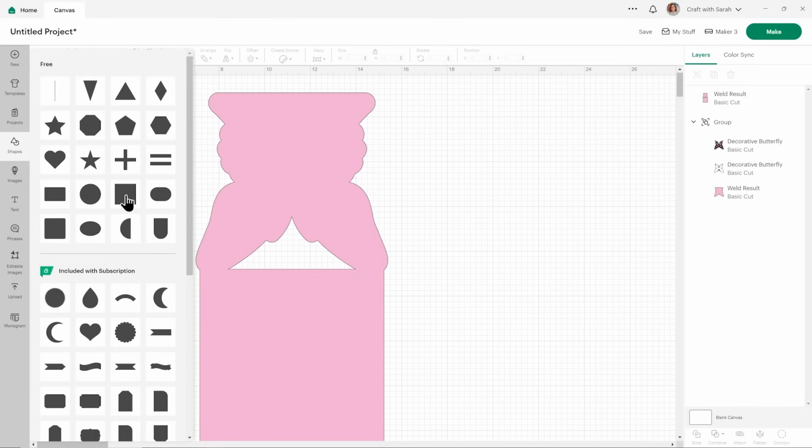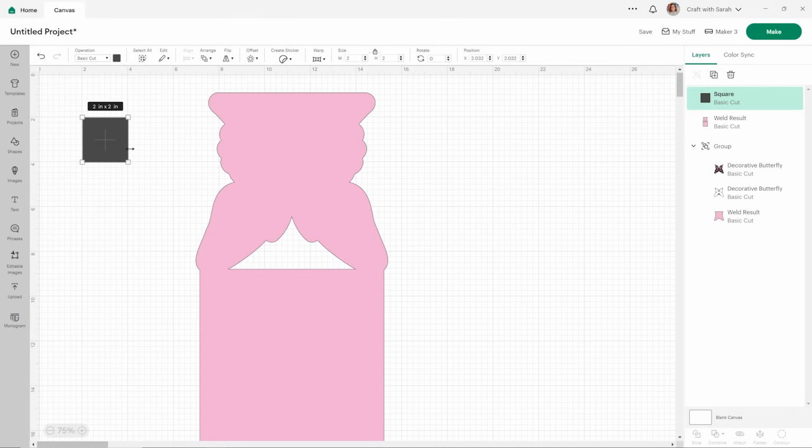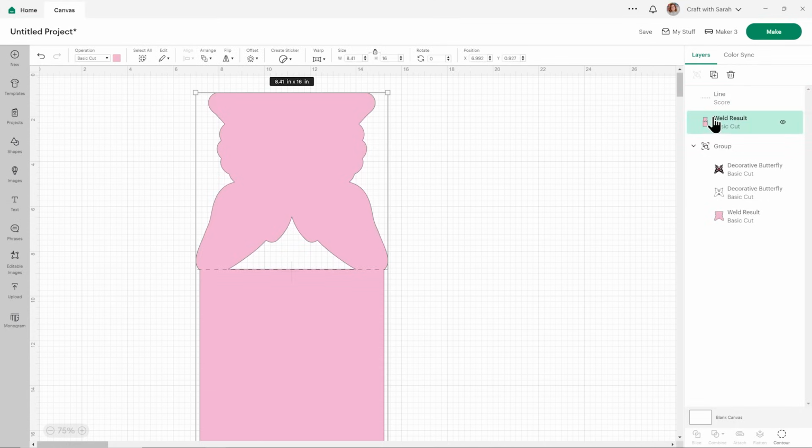Okay, now I can add my score line to the middle. That wasn't a score line, that was a square. Rotate it 90 degrees. And then that'll go along here. So drag it, it doesn't matter if it's a little bit bigger. And then I will drag both of those.